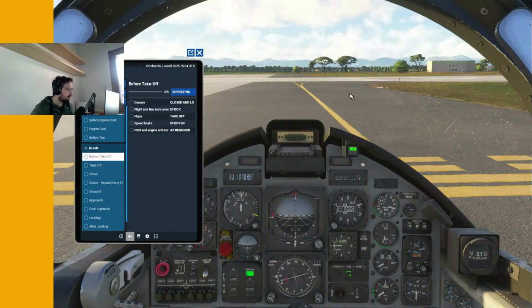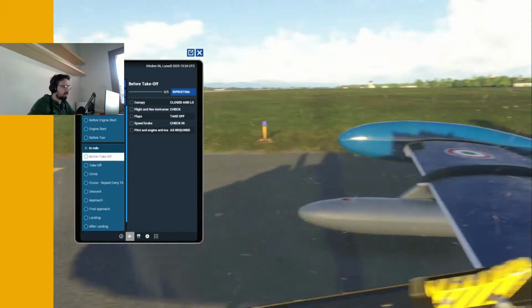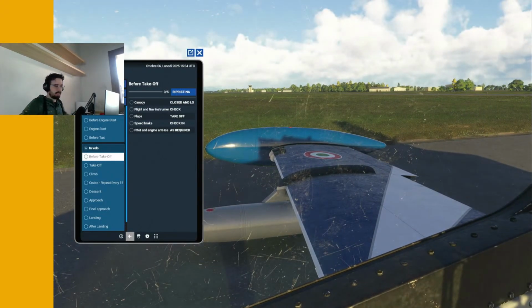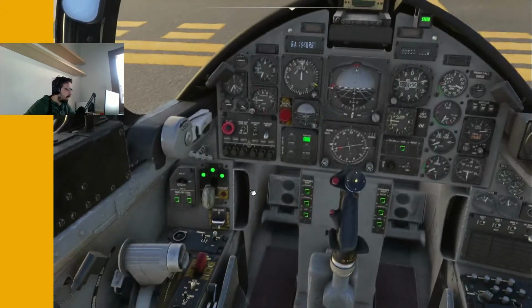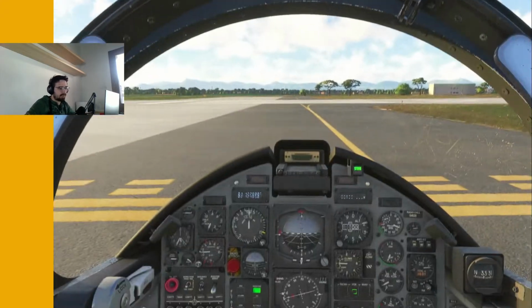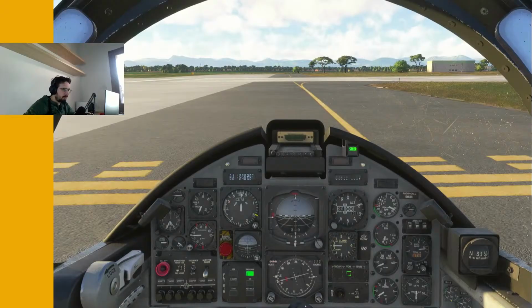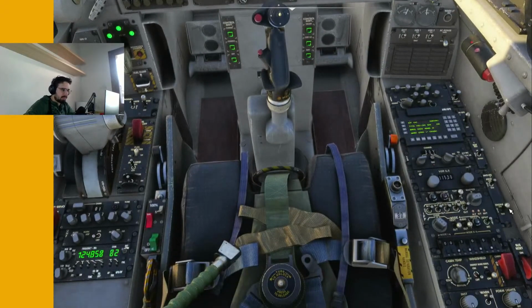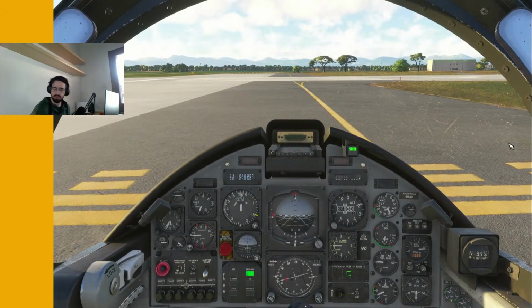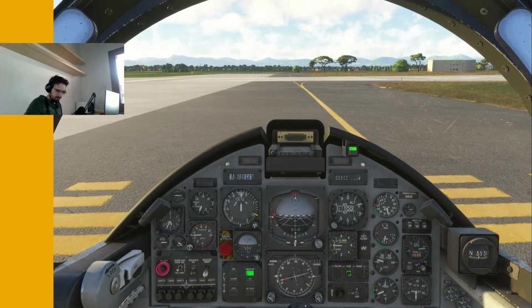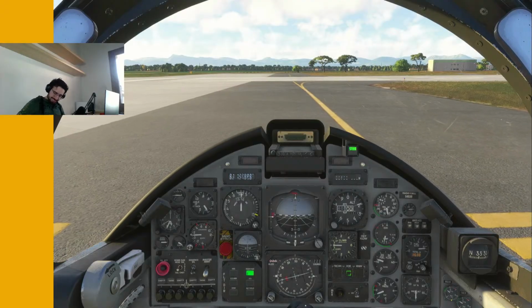Canopy is closed. Flaps set for takeoff. And set. Okay. So, landing lights. Let's go. Pitot is on. So what we're gonna do is basically, okay, let me open Navigraph as well. So we're gonna basically